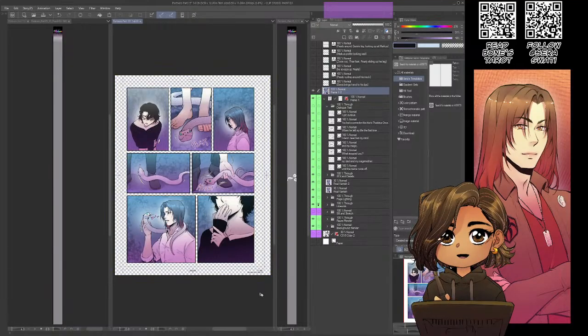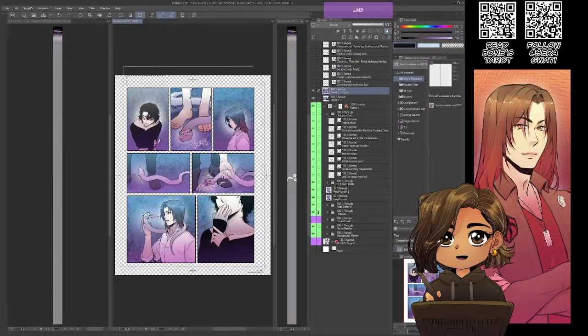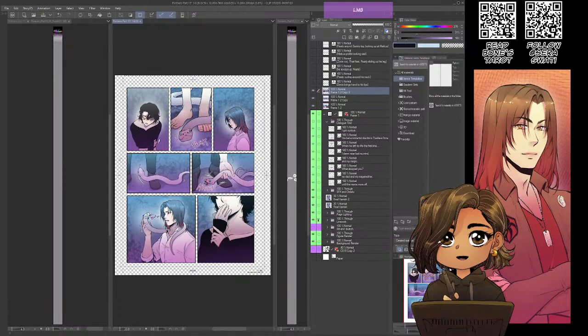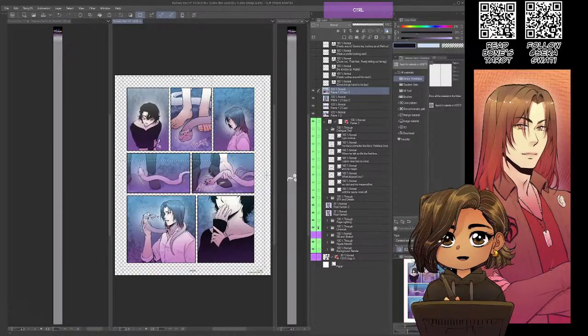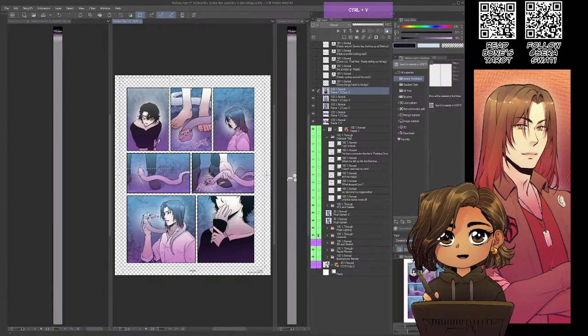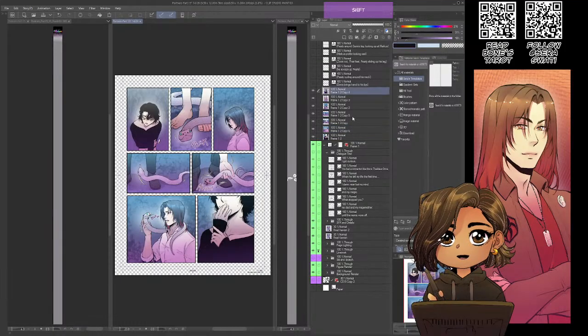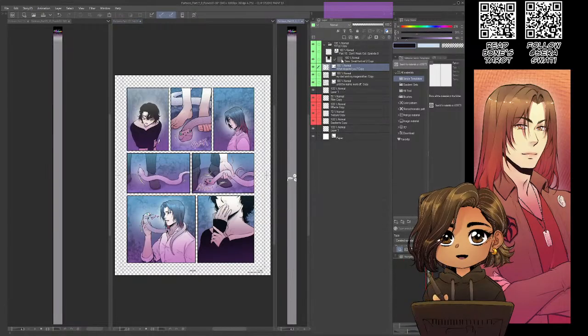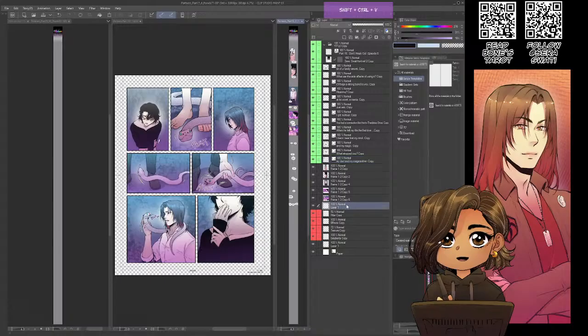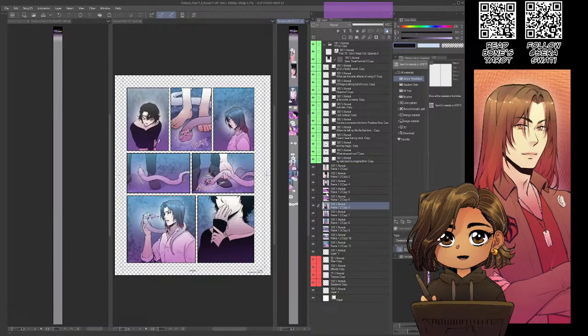Now that it's got transparency, life gets easier. First, 5, 6, 8, 10, 6, 7, 8, 9, 10.